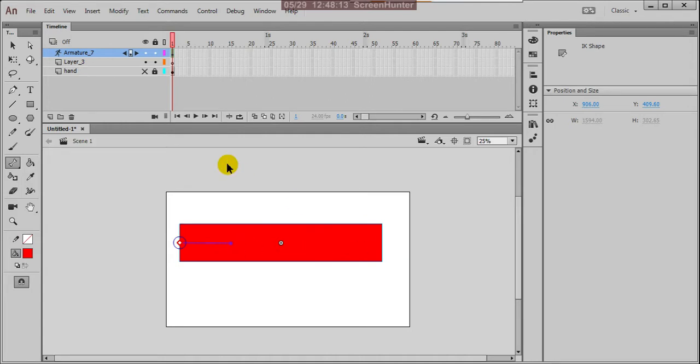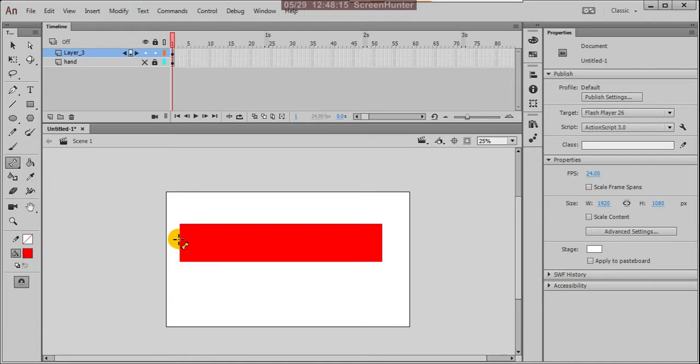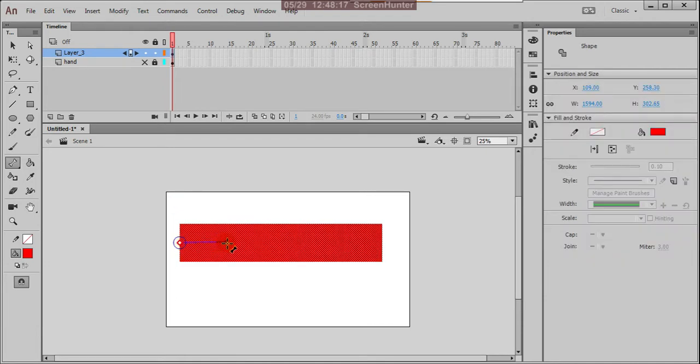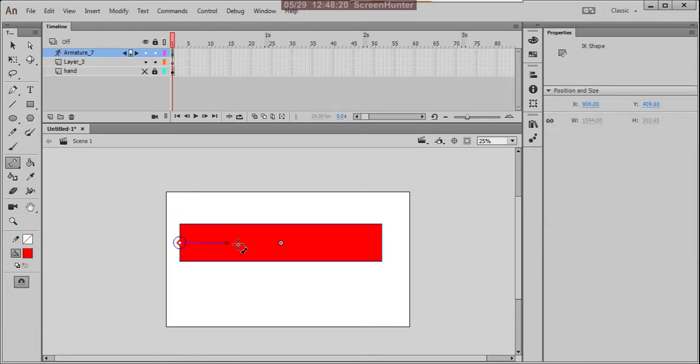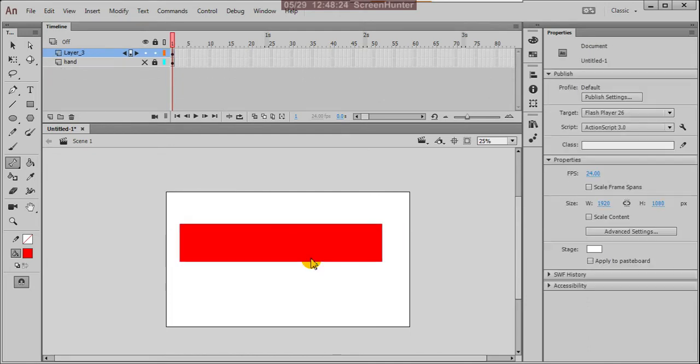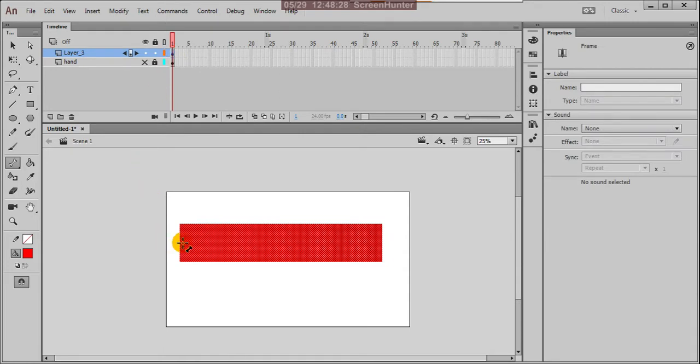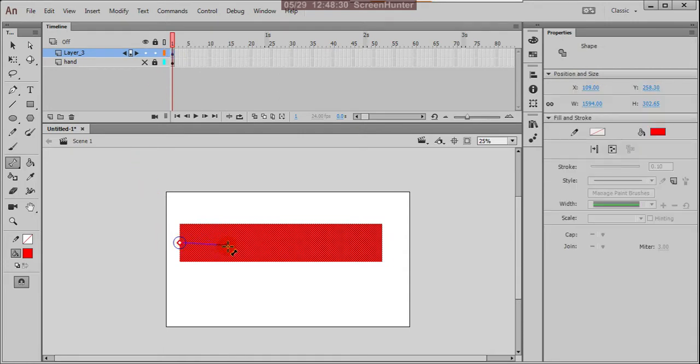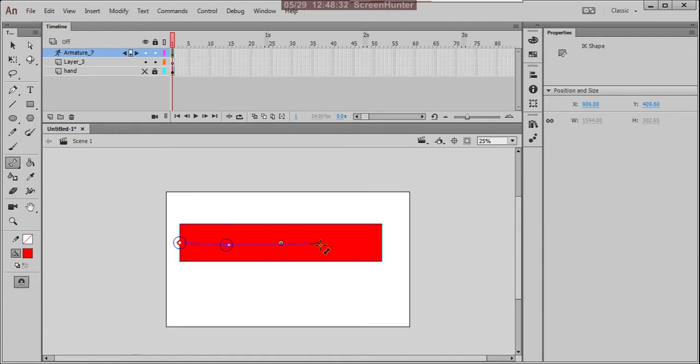Okay, let's check, we'll do it once again. So this is 1 and here it is 1, not moving. These are the bones I'm adding.